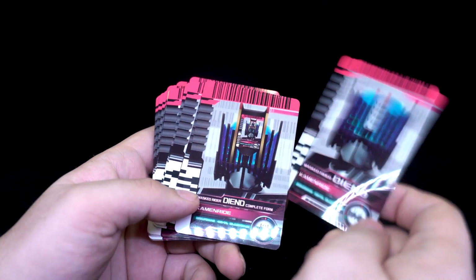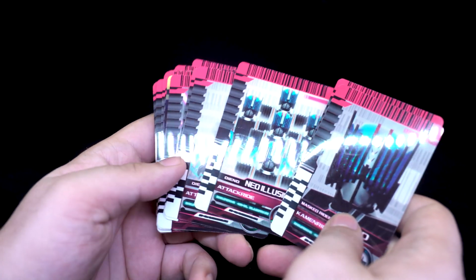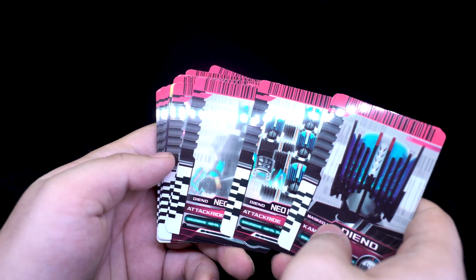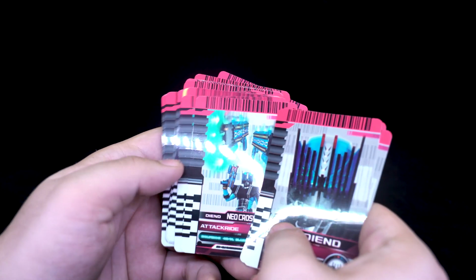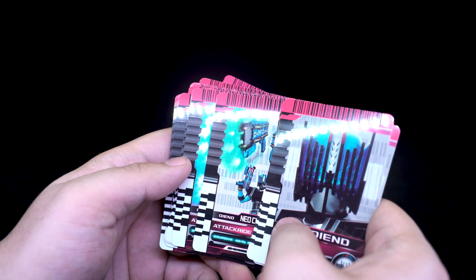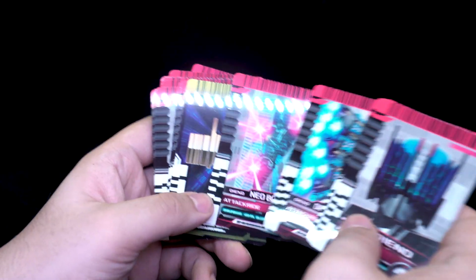So inside we have the cards. We have Kamen Rider DN complete. We have Neo Illusion. Okay, that's just illusion. And we have Invisible, Cross Attack, Blast, and Barrier. You can see on all these photos he is holding blue guns, so I guess that makes it